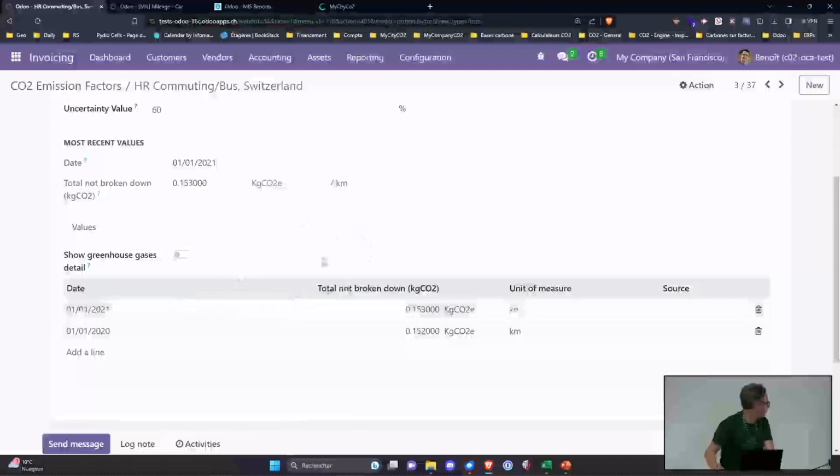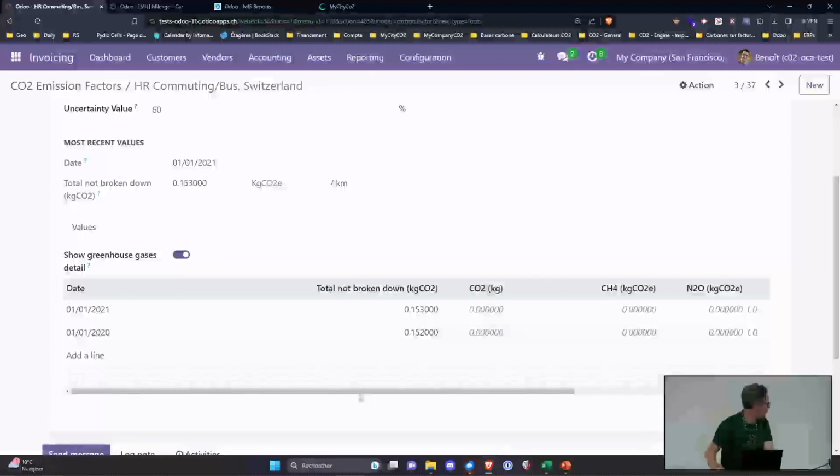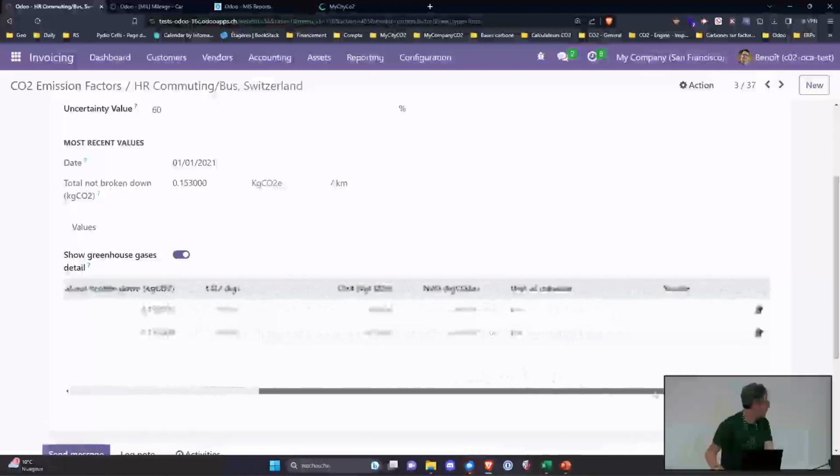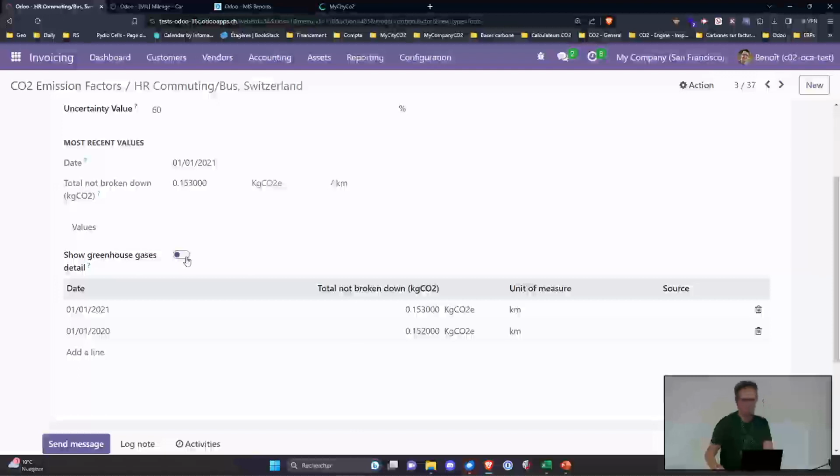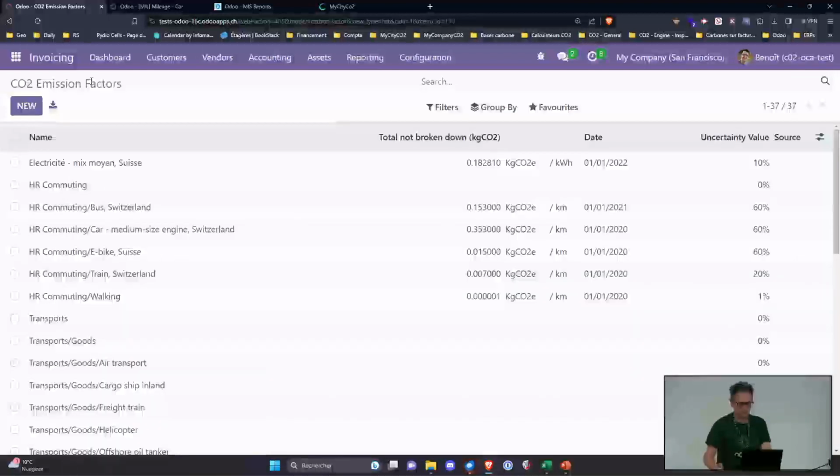So that is where you would define your emission factors, with the ability to switch and to get all the Kyoto emission gases that need to be reported. Sometimes you don't want to see these details, but that's something that is mandatory from a regulatory perspective. So you can import whatever you want, coming from wherever you want. We will provide the first set coming from this open database. But if there are some licensed ones, you can import them and use them, of course. There are no restrictions.